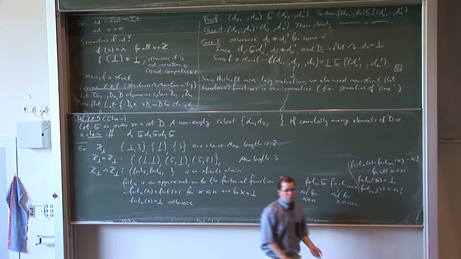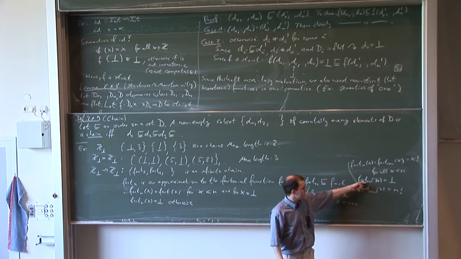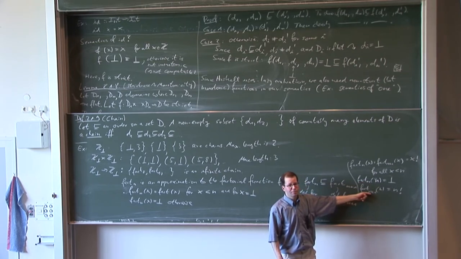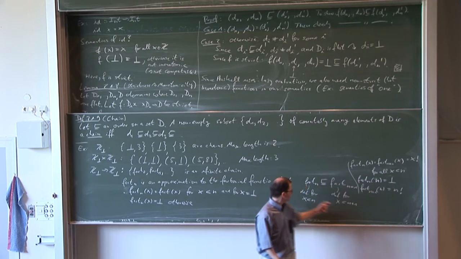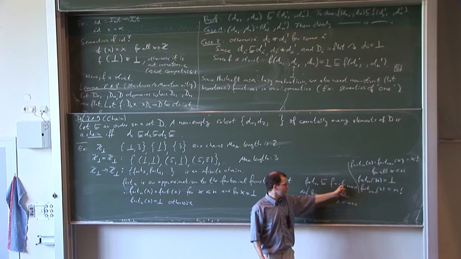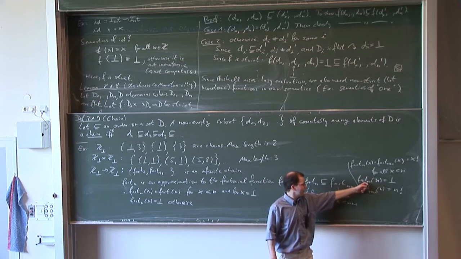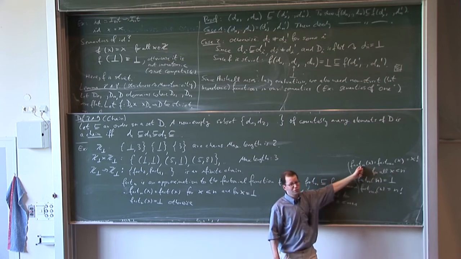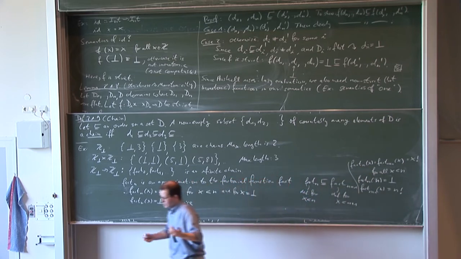So they only differ on one single argument, namely on the argument n, but there fact n is less defined than fact n+1, and everywhere else they are the same. So indeed, fact n is less defined or equal than fact n+1 because they are the same almost everywhere except on argument n, and on argument n, fact n+1 is defined, whereas fact n was not defined. And since we have infinitely many arguments, this is an infinite chain